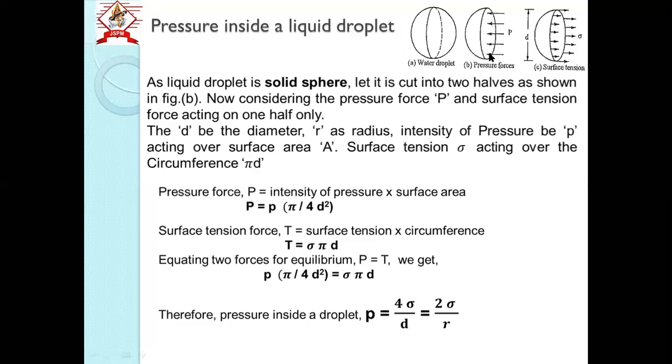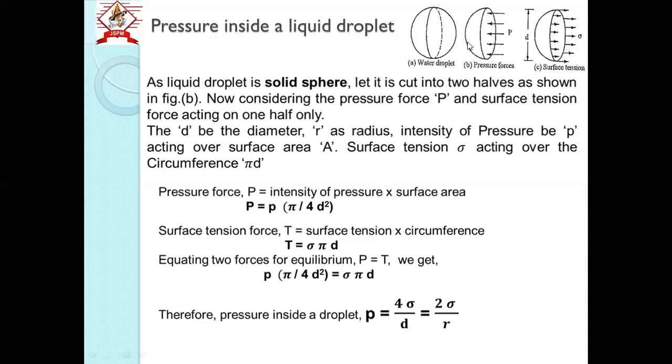So that is pressure P. That pressure will be acting on this surface, right? So what will be area? If d is the diameter, area will be pi by 4 d square of a circular section, so surface, right? Now surface tension will be acting on the surface. So what is the surface here? This is the outer part of that droplet. So from this outer part, the surface tension will be acting. Surface tension is sigma. So on this outer part, the circumference, surface tension will be acting, right? So this surface tension acts on the circumference, and the pressure is acting on the surface area.